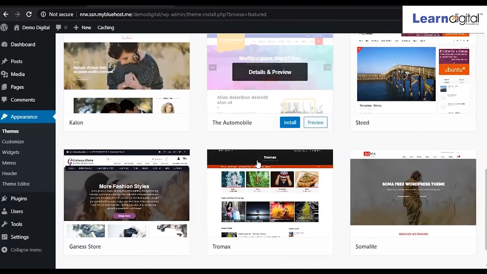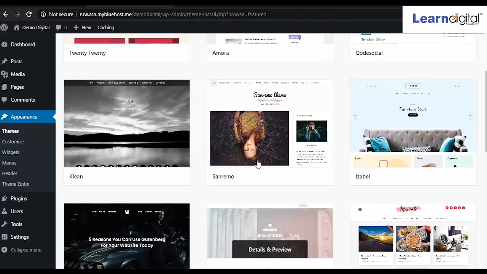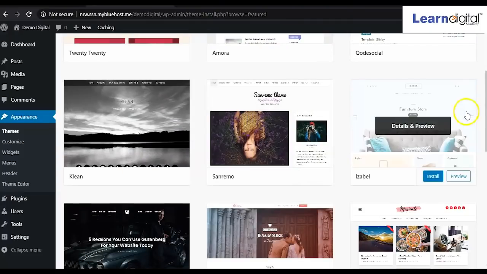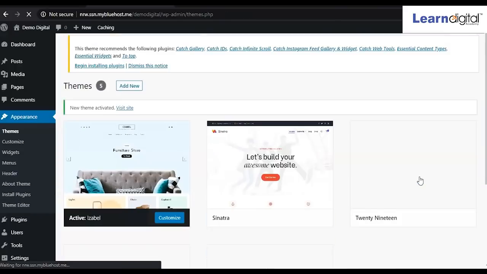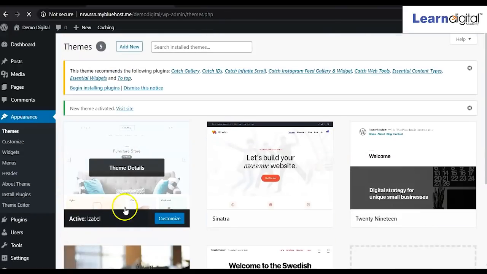Suppose if you want to take this type of theme, you just have to click on install and activate it. All right, so this theme is activated now.